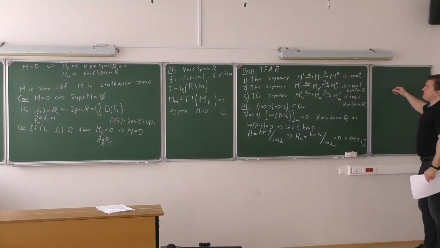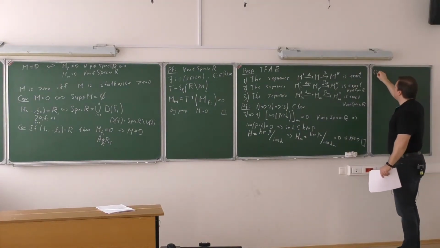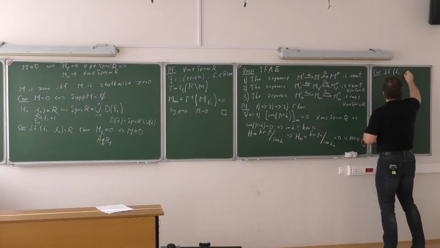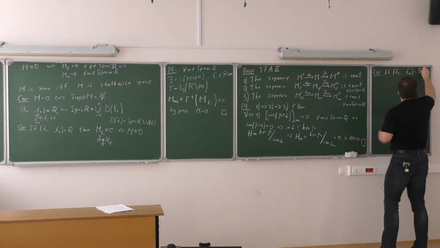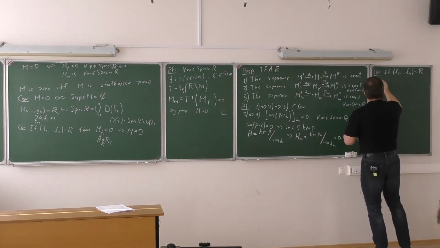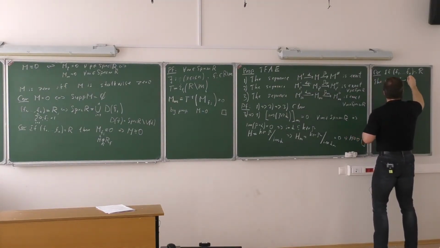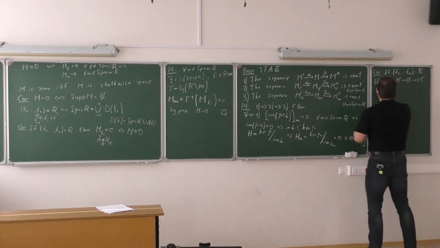So we can check the exactness stalkwise, and of course we can check the exactness locally. So again, if I take several elements, we get an algebraic partition of unity, and then I can say that the sequence of modules, as before, M prime, M, M double prime is exact.